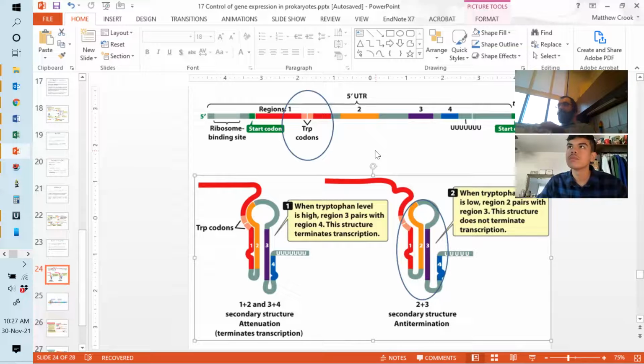So hang on a second. Remember, transcription and translation are occurring at roughly the same speed, like that, along. So the only reason why 2 and 3 will bind is because transcription continues along like so, and the ribosome pauses. Like so. So region 2 and then region 3 is made, and then they form that loop which prevents 3 and 4 from pairing.